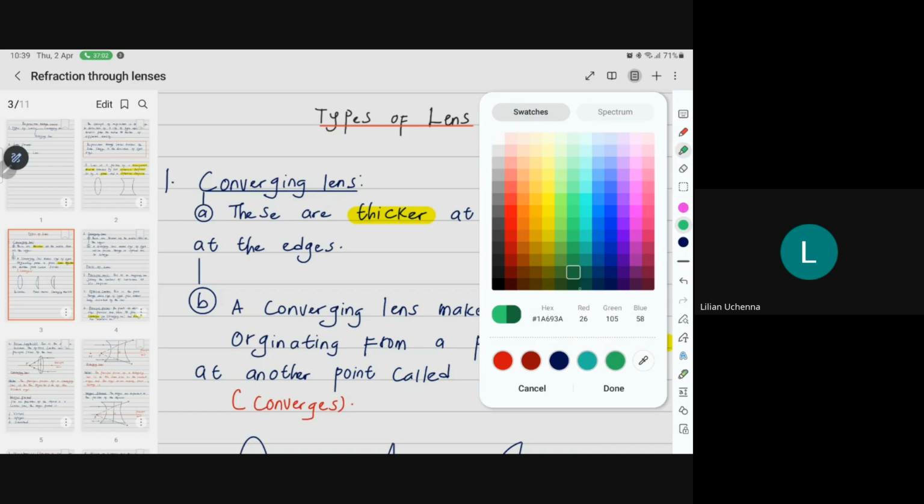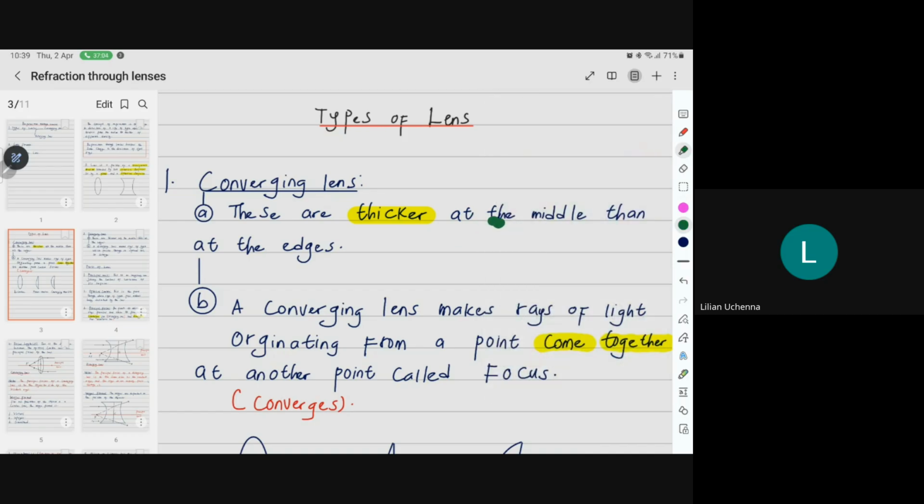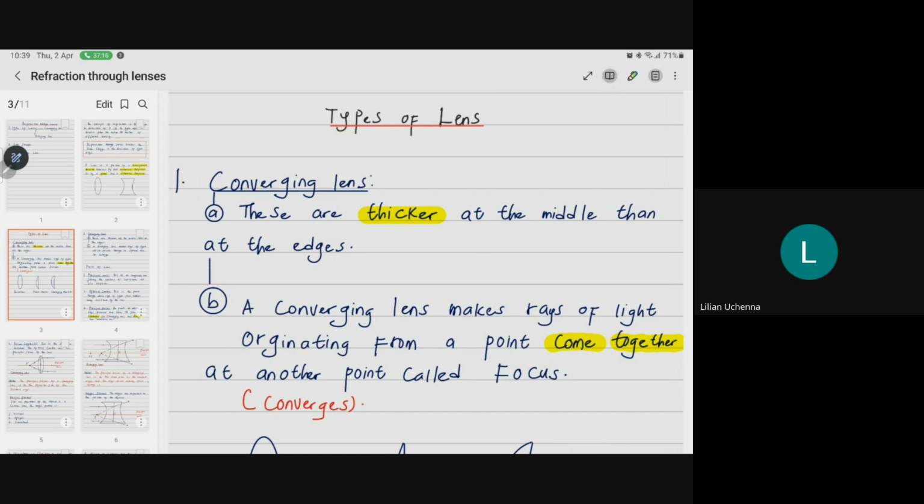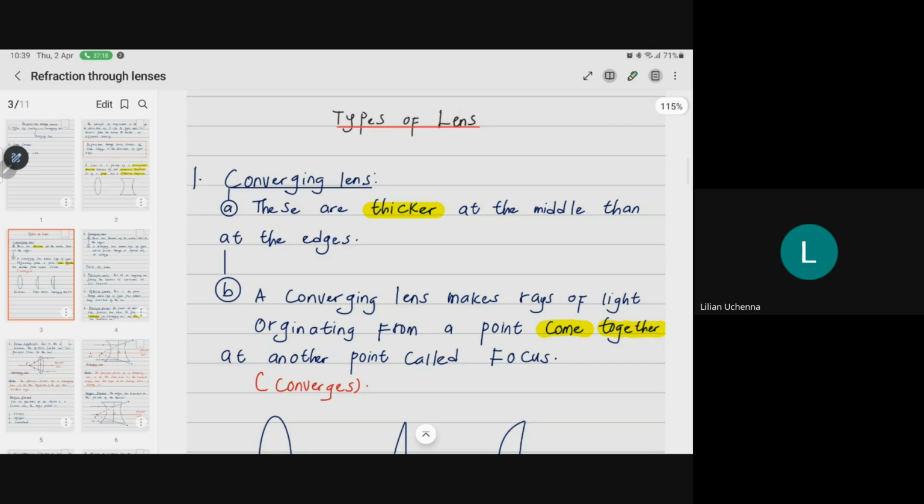They are actually thicker at the middle than at the edges, right? So when you talk about converging lenses, they are thicker at the middle than at the edges. You're going to look at a converging lens and see what the images look like. Another key point about your converging lens is that, just like the name entails,